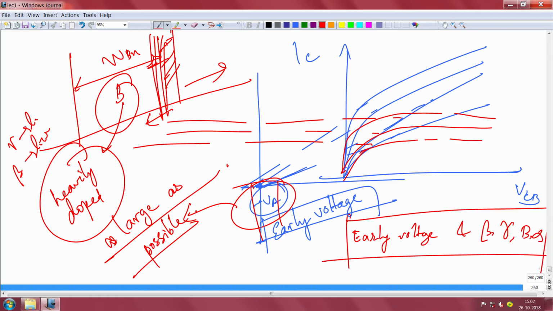So everything does not come without any effort. There is a price that you have to pay. Either you get high gain, or you basically have to sacrifice the output conductance here, and you will get a not so good device. So that is called early voltage, and this VA that I told you,